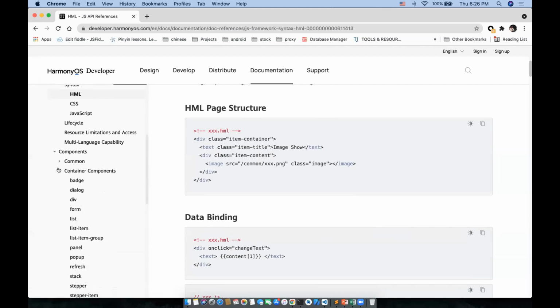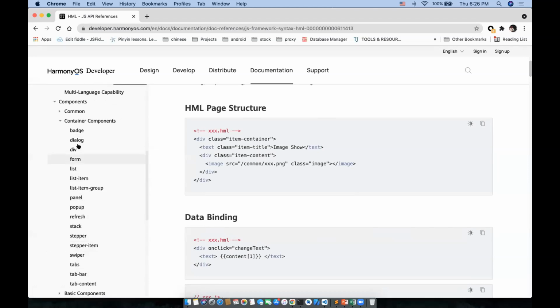And for container components, as I told, the Harmony framework has given components that you can use directly to develop your application faster. The list, pop-up, dialog, stack, all those things come as container components, where you can use the container and place your components inside it.